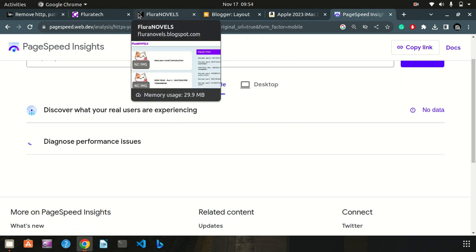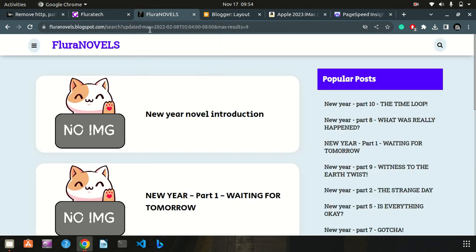Before that, let's go to the FLURATECH version 1. This is FLURATECH version 1 blogger template. Here you can only see the title of the blogger site and the image. Here the image is not uploaded by the user, that's why the image is a catch saying no images. And here, if you have added the